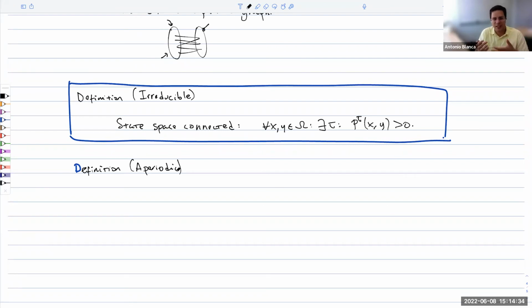It's not like you only get to these vertices at even times, or only when it's a multiple of 4 or something like that. So let's formalize that. A Markov chain is aperiodic